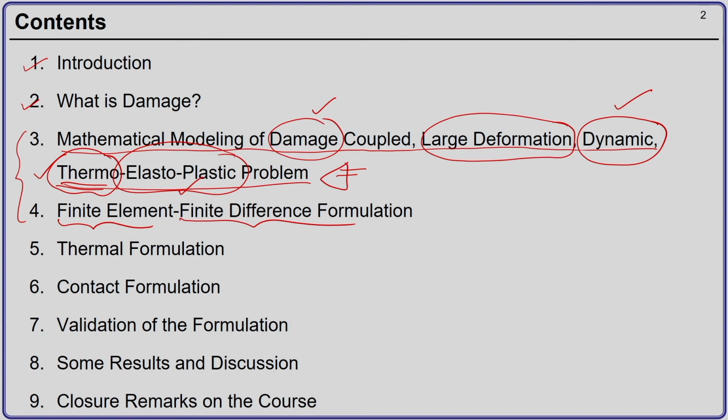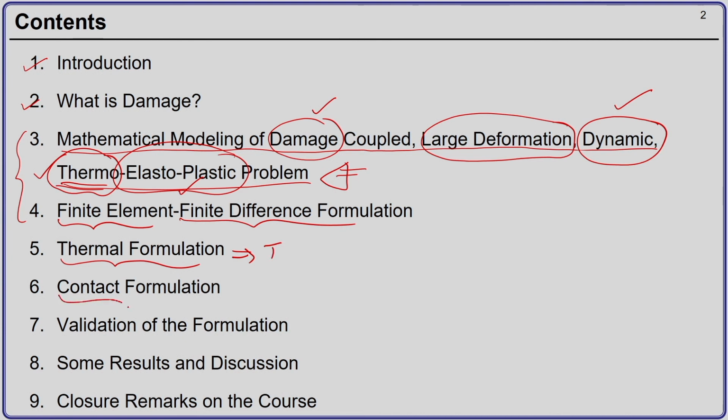So, we will use Newmark's time integration scheme for finite difference formulation. We will also do the thermal formulation. We have to take into account the plastic work and the frictional heat which is generated, and on top of that we will also consider whether some outside heat is also coming inside the body. So, with all this taken into account, we will develop our thermal formulation to find out the temperature T.